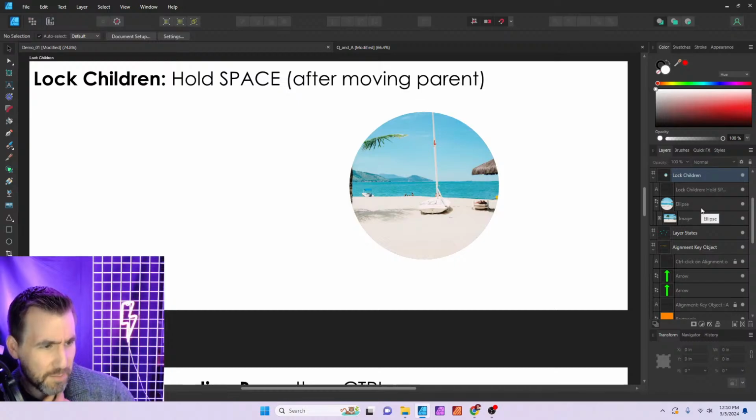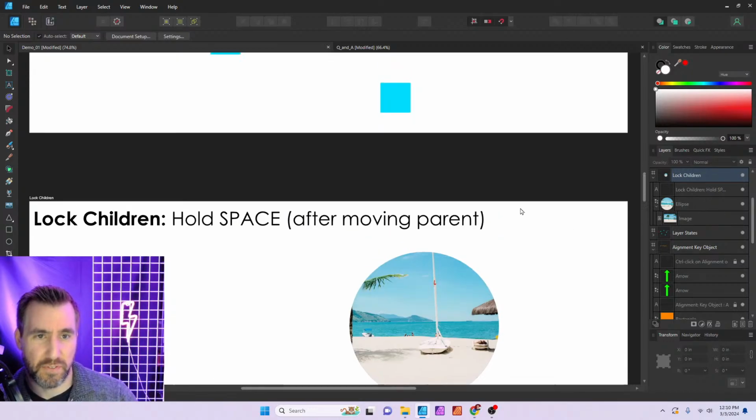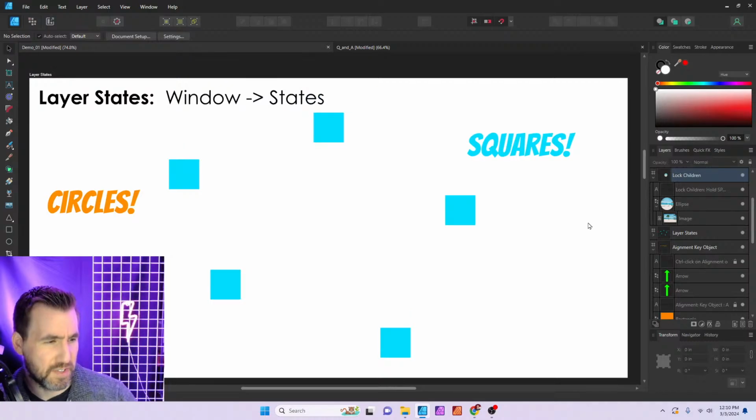So Pedro, I'm reading your question right now. Will it only export what is chosen from the state? So he's asking about the layer states one, the previous one. Will it only export what is chosen from the state? I think it's basically you're just turning the visibility on and off. So if it's not visible on your screen, it won't be there. So like if I go back to my layer states here,